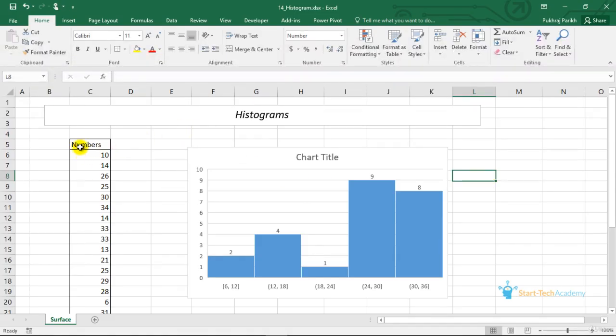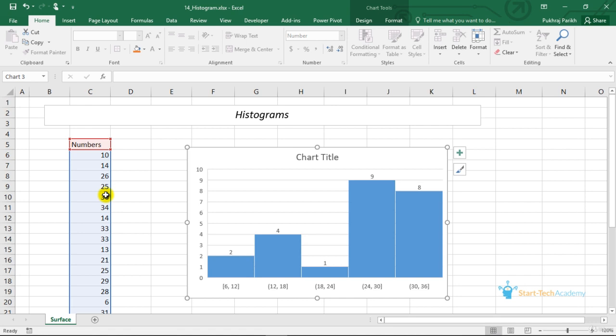So here is the list of numbers that I had in my presentation, and this is the histogram which is created for these numbers. The good thing about Excel is that you do not need to create that table to create this histogram. Excel can create this histogram straight away using these numbers. You can see from 6 to 12 we have 2, from 12 to 18 we have 4. So basically the classes are on the horizontal axis and the height of the bar is giving you the frequency